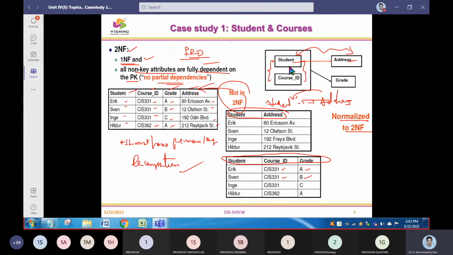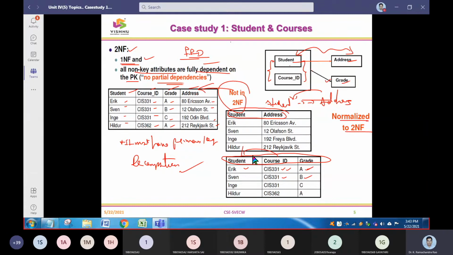Now you can see here, student and course are put in a box and then there was a black line linking to grade. Definitely you will get a grade if you take a course. If you take a course, then only you are going to get a grade, right? A grade, O grade, F grade, B grade, like that. So your name and your course ID and your grade are related.